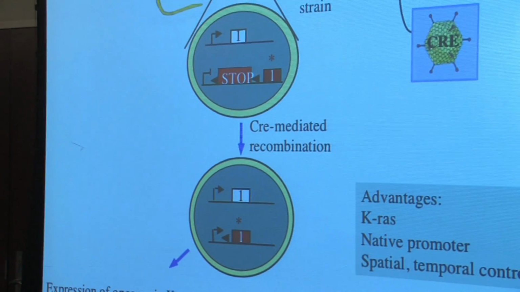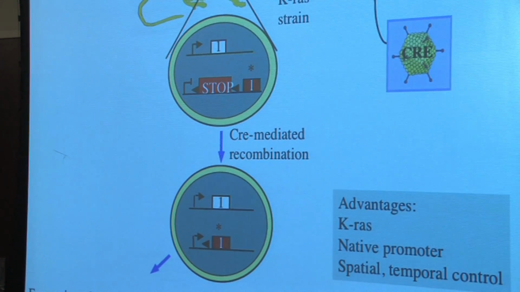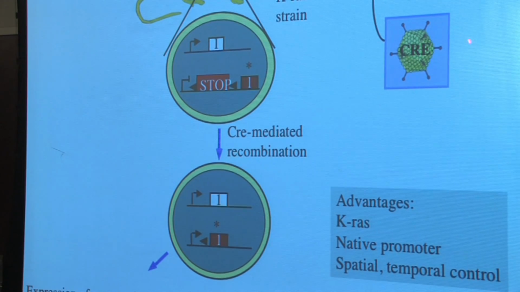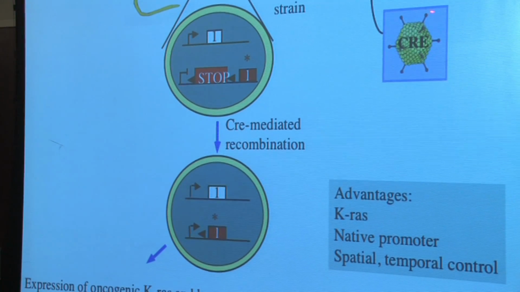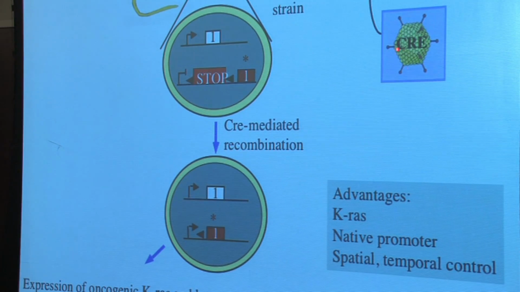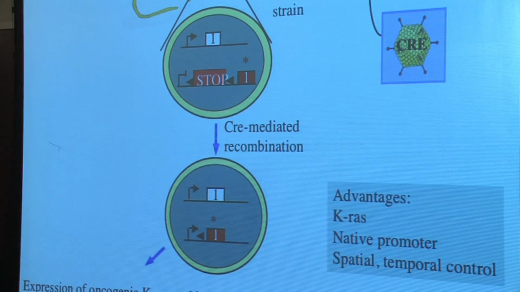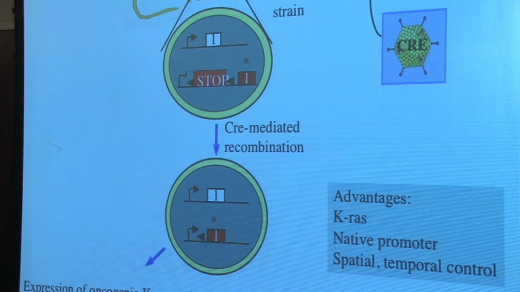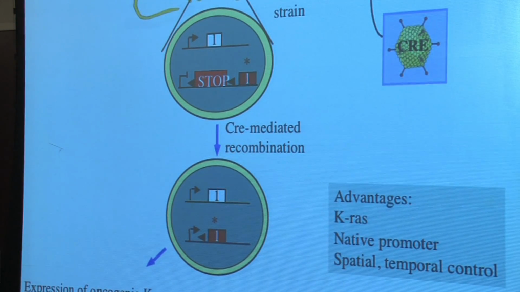And the way that we use this allele in order to engineer lung cancer is that we prepare a mixture of adenovirus that is expressing this Cre recombinase, and the mice inhale this virus, and therefore we're only exposing the lung to Cre, and therefore activation of oncogenic KRAS. So this makes it a very tissue-specific